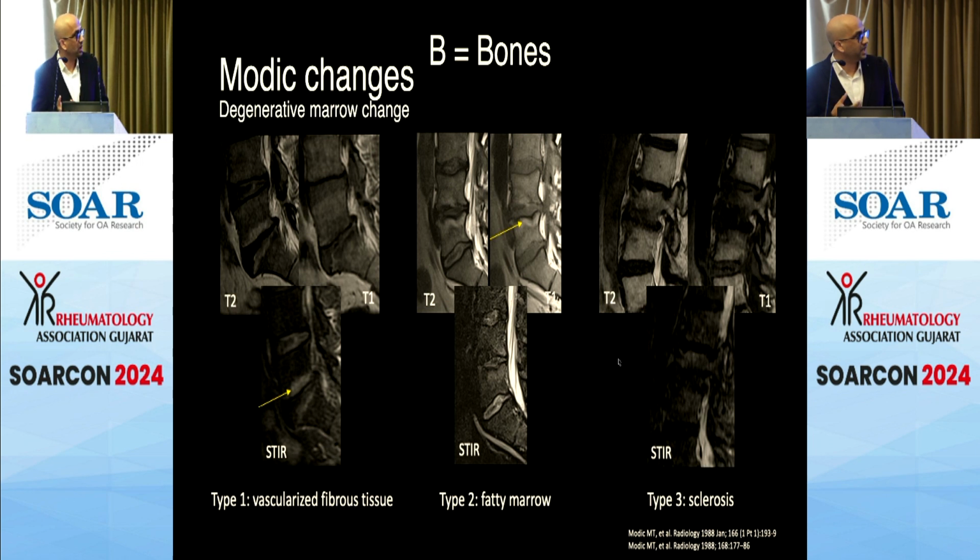And then the third type is sclerosis. In sclerosis, it will be dark in all the sequences because bone appears dark and sclerosis will appear darker. So that's the third stage where it is more stable. The inflammatory component has gone down. So these are the three kinds of Modic changes that you would see in different stages of degeneration at the